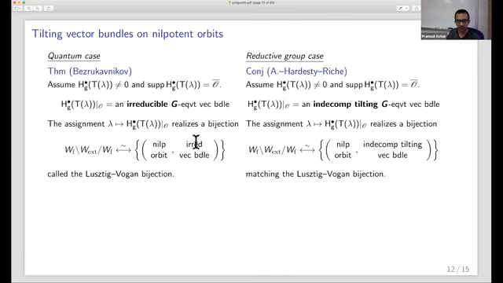So even though you have different things here, irreducible here and indecomposable tilting here, combinatorially it's kind of the same set. So part of the conjecture is that this assignment should still be a bijection, and in fact the same bijection you get in the quantum case. It should still be the Lusztig-Vogel bijection. So we have one